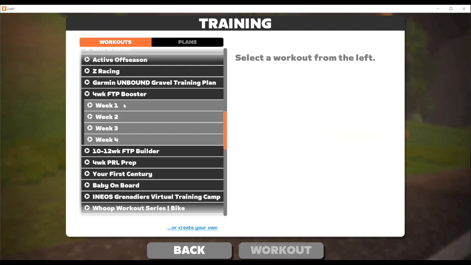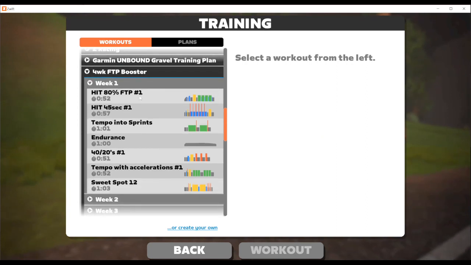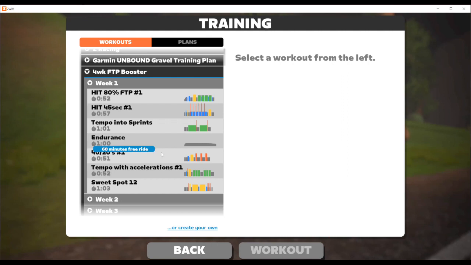It's going to break it down for you in 4 weeks. For the first week, these are your workouts. As you can see, in week 1, you're going to have seven days. You're going to work out 7 days. Each of these days builds on the other days, and this will get you on track.